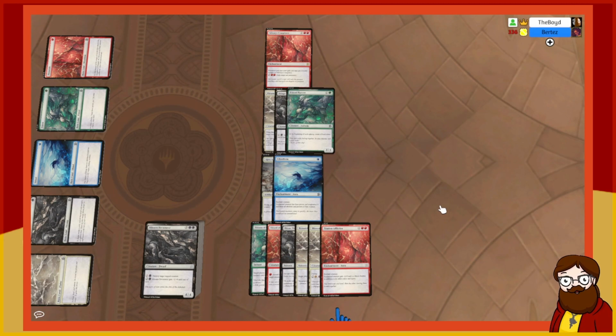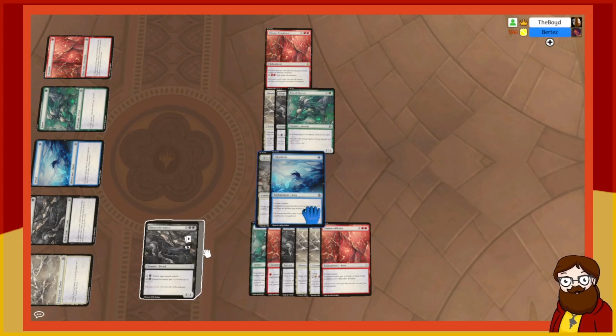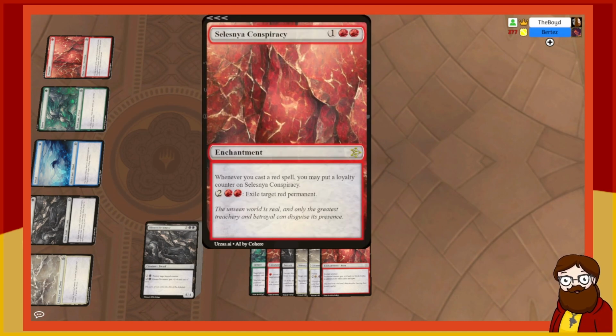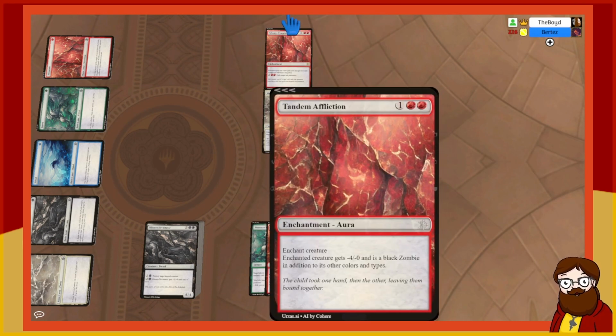So we're just going to draft back and forth till these piles are gone. What do you got? Wait, it's your turn, right? I don't think so. I just picked up Kenra Devastator, a 5-mana 4/4 dwarf. We picked up Apex Acrobat. What am I talking about? Yeah, Apex Acrobat a million times. Oh, great. Yeah. So I think I might take Forced Harvest, but I gotta double check that I don't need